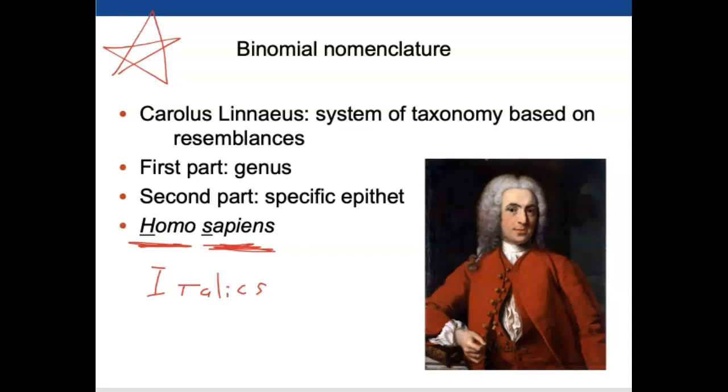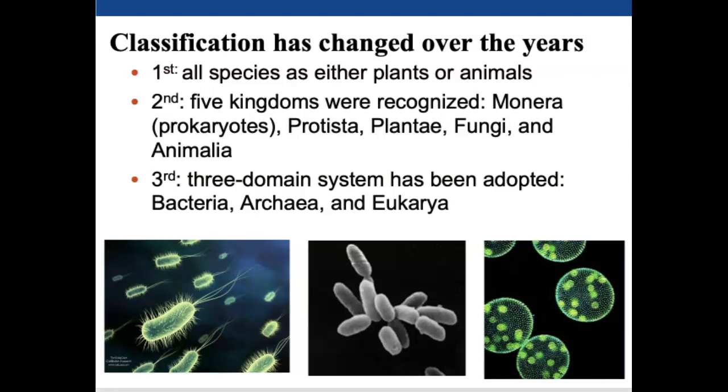So the Linnaeus system was great when it started, but it's changed. Linnaeus said you're either a plant or an animal. If you move, you're an animal. If you don't move, you're a plant. That worked for quite some time. But as our knowledge grew, we went from the earliest first system to the second system. In this system, we started to develop